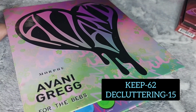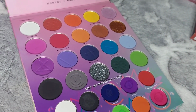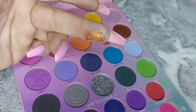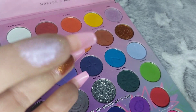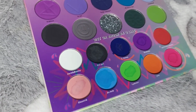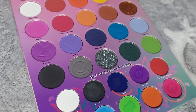This one right here, Morphe in Avani Gray. It is basically all mattes. Now these mattes are good. It does have 2 pressed glitters and then 1 regular shimmer. That's a pressed glitter. This is, I think, the only actual shimmer there is. It's pretty. But the main reason why I got it is for these cake liners. And they're kind of hard to use. It's probably because I'm not really giving them a chance, but I'm going to go ahead and keep...